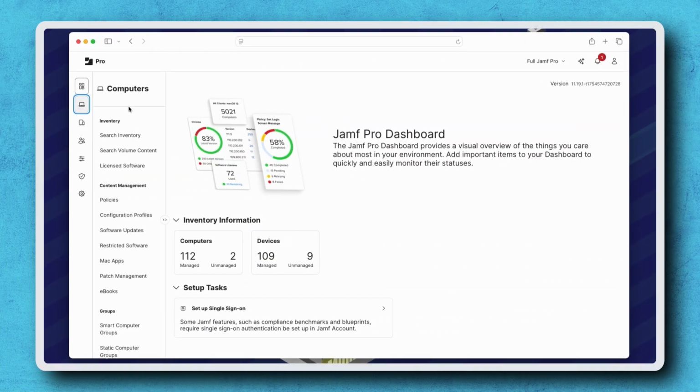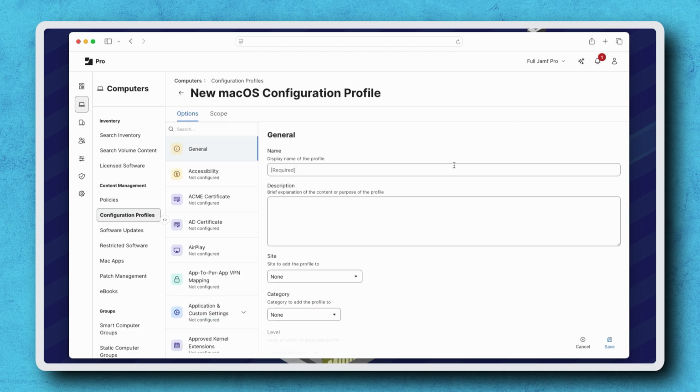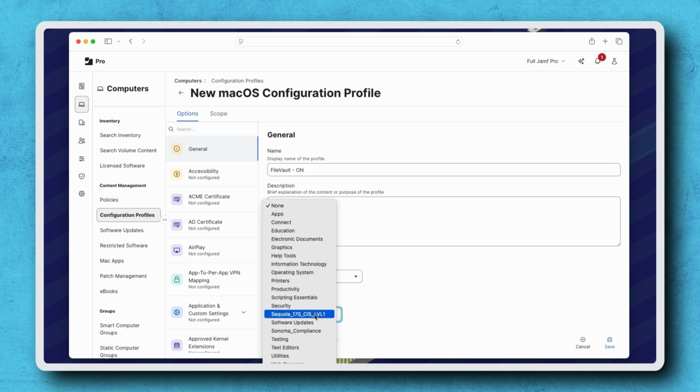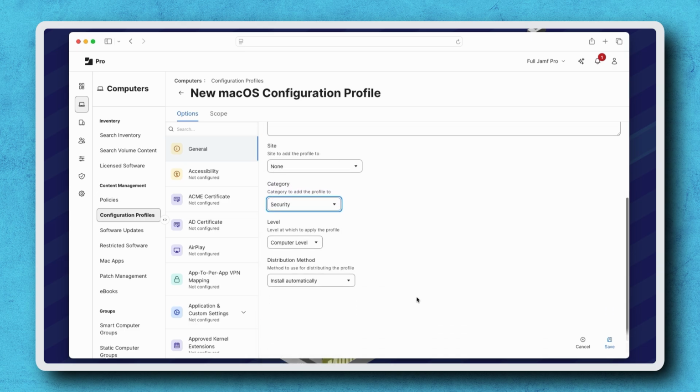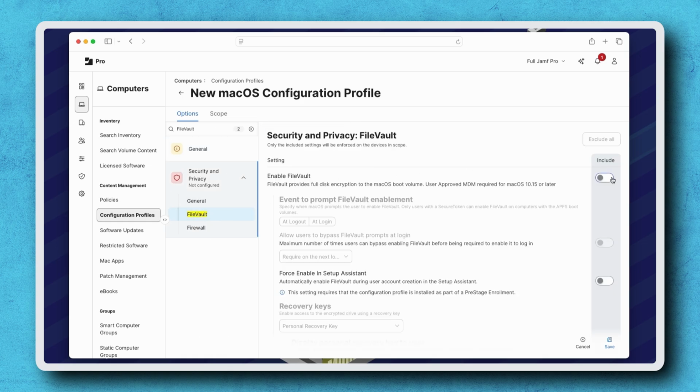Navigate to Computers, Configuration Profiles, then click New. Give the profile a name, choose a category, and leave the profile to be applied at the computer level and installed automatically. Find and select the security and privacy payload, FileVault, then use the switch to include the Enable FileVault